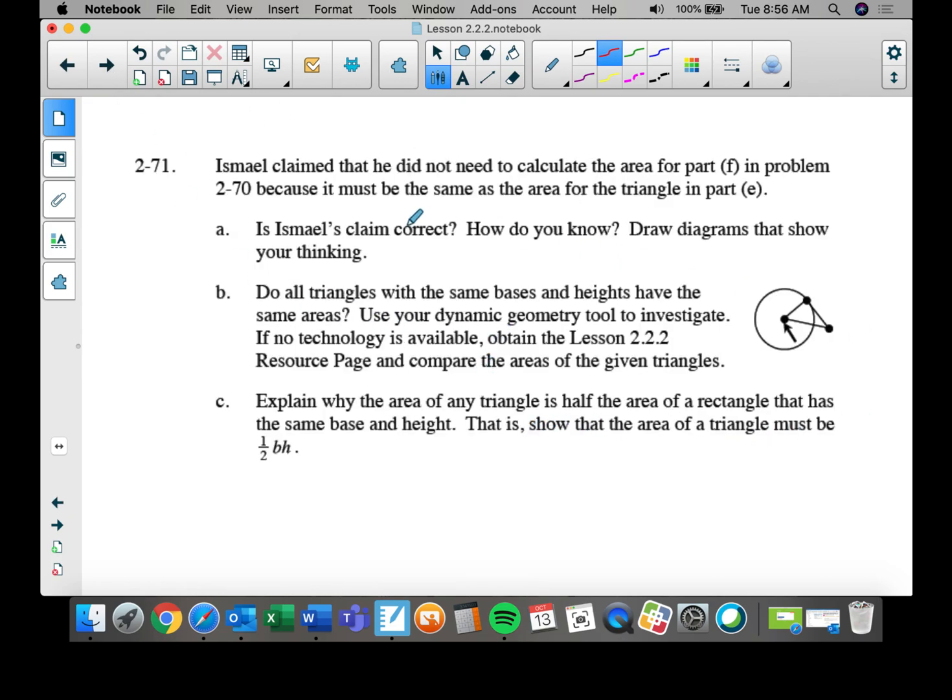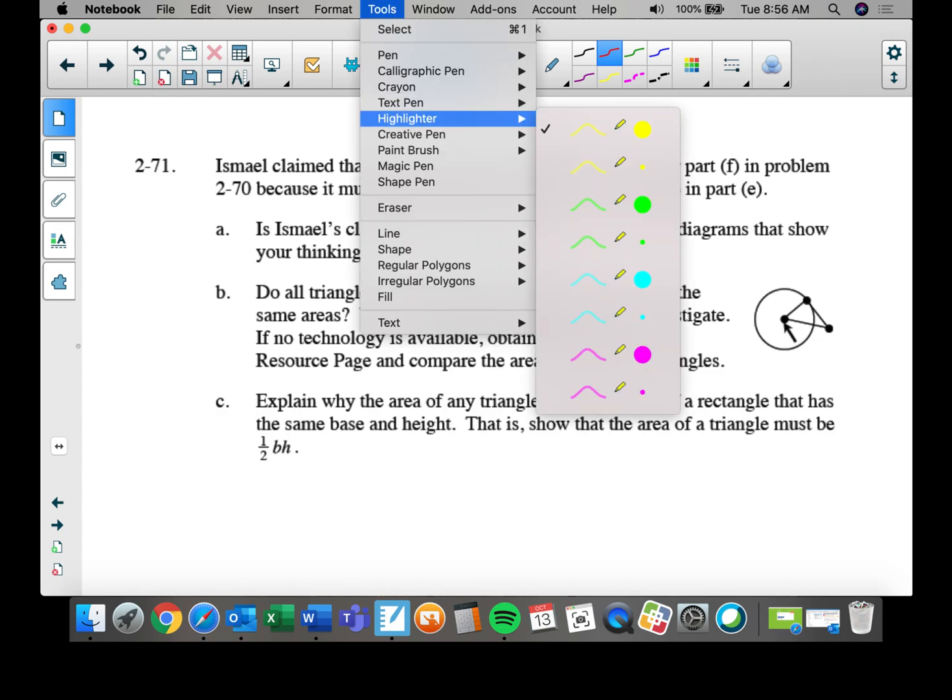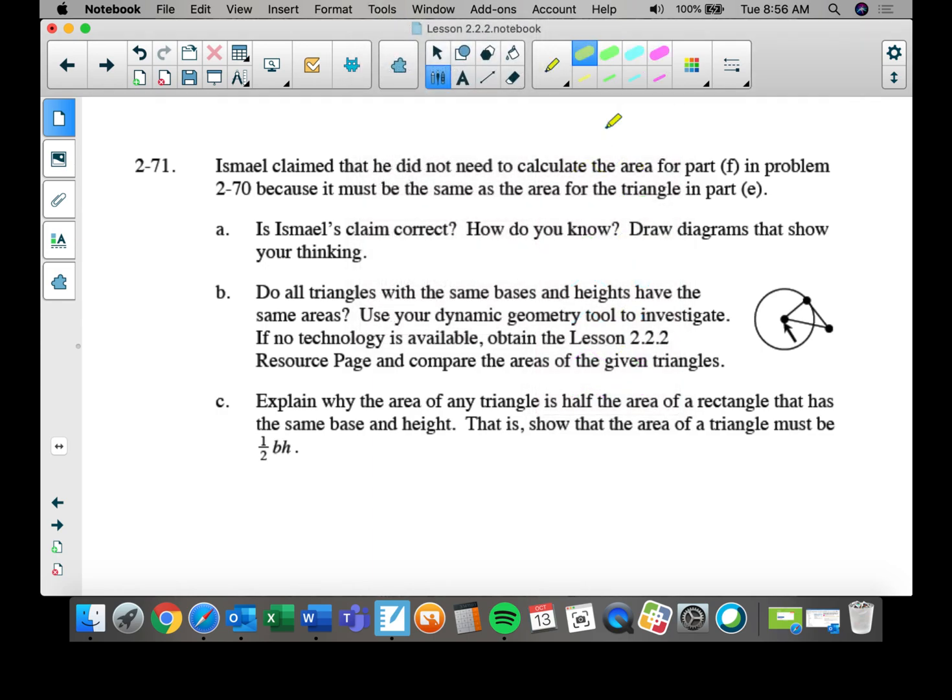And so if you notice right here, let me go through and grab a highlighter. You probably already knew this, but what we are doing is the area of any triangle must be 1/2 your base times your height. Okay, base times height gives you an area of a rectangle, and then we can always take half of it to get our area of a triangle. So we're going to add that to our toolkit as we start working our way through it. Matter of fact, if you want to add that, you may go ahead and do that. That the area of a triangle is 1/2 your base times your height. Okay? If we then continue,